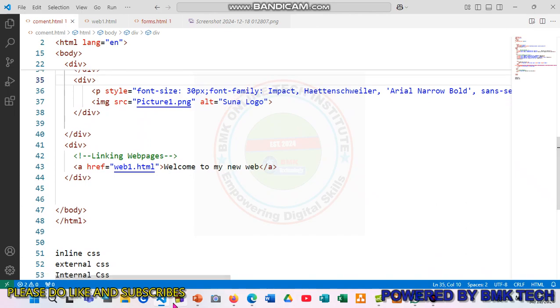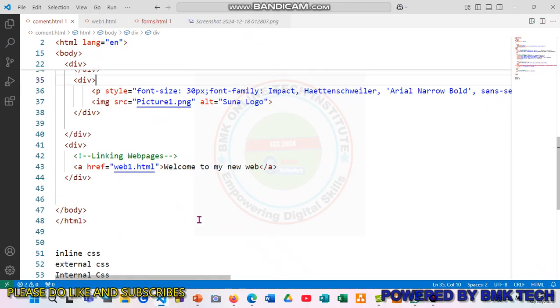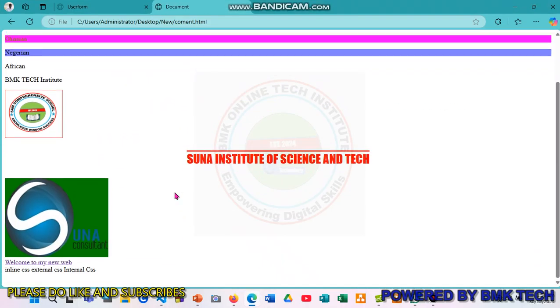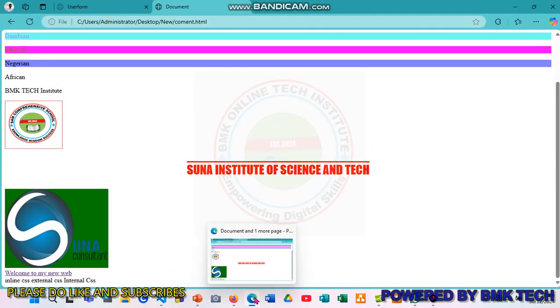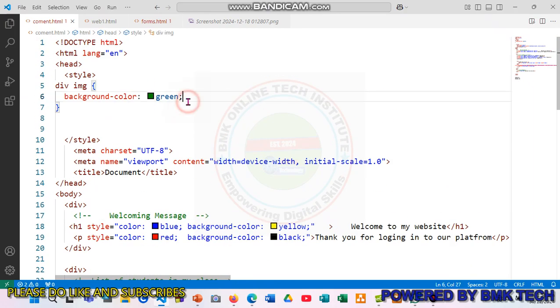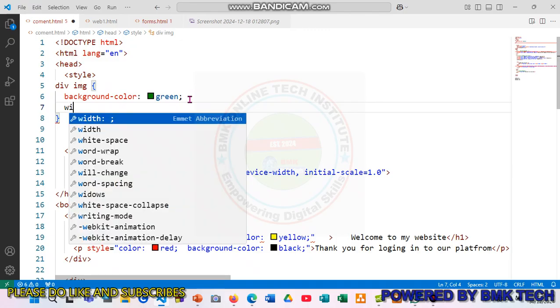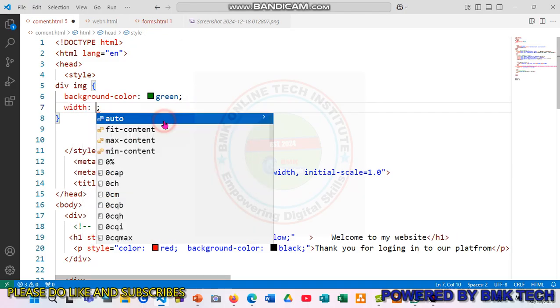Let's just understand that the block of code will have to be called from the part that it is affecting. Okay, so we have to go back up there and add some changes there. So we already saw background color green. Now what we can do there, we can add some CSS properties like the width. Okay, we can increase the width of the picture. Let's say we